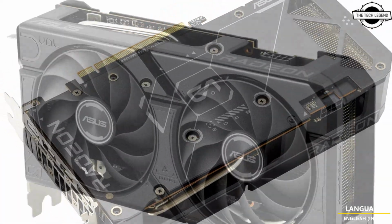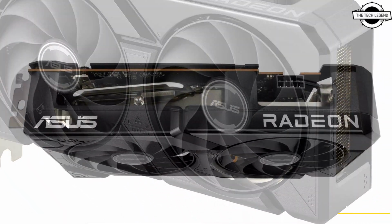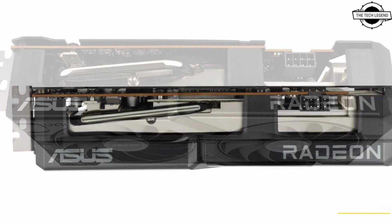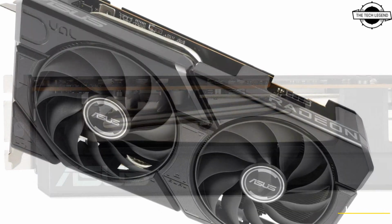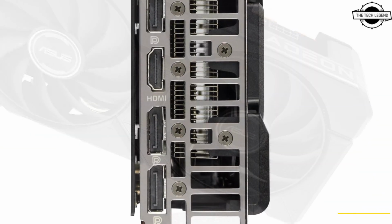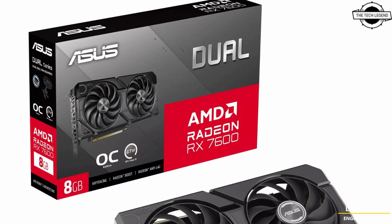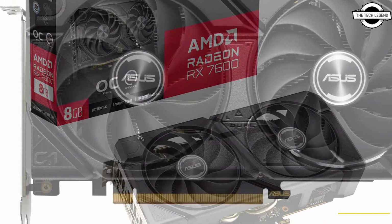Although those are models not part of the so-called EVO refresh, the new RX 7600 Dual EVO OC card reaches up to 2750 MHz in OC mode and 2695 MHz in default mode. It's their software overclocking profile implemented in GPU Tweak 3 software. This means you use this software, and however, this is the highest frequency advertised by ASUS and the frequency that will officially